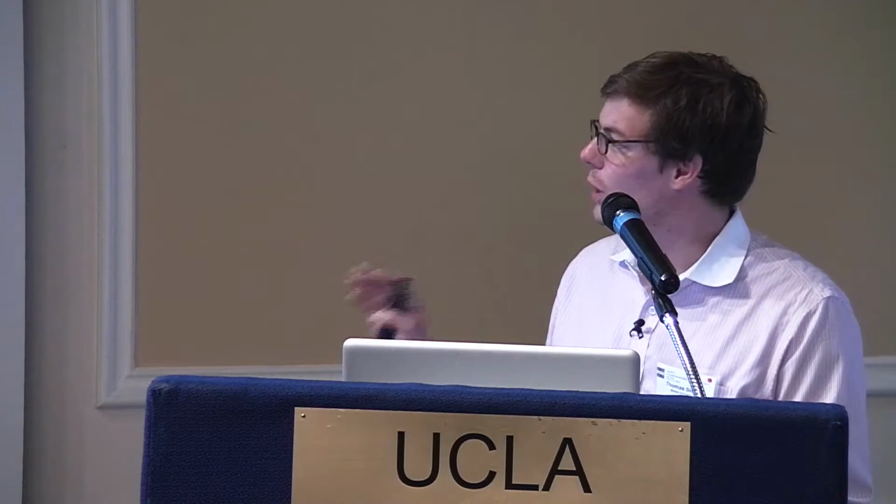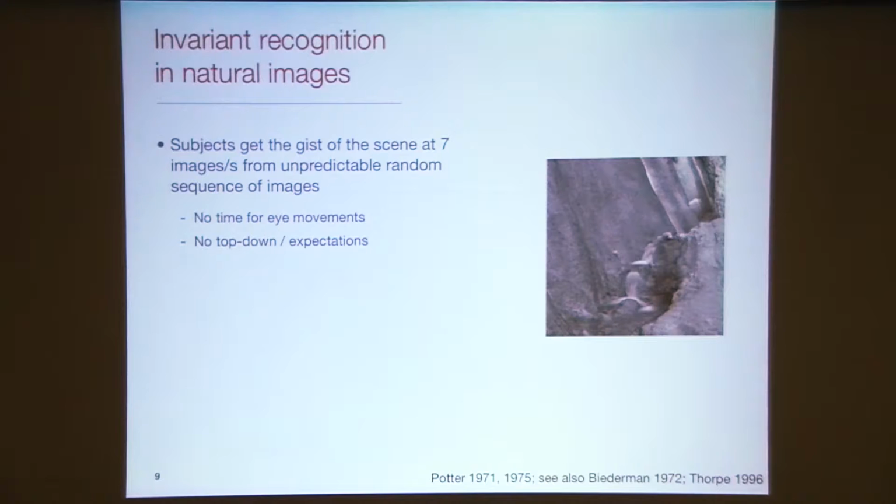So I'm actually going to test you on this task. If you were in the lab, there would be discrete trials where an image is flashed, and then you would have to release a button to indicate the presence of an animal. This is called a go, no-go task. Here I'm going to ask you to simply clap your hands whenever you see an animal. Okay? So it's going to be a little bit faster than what you would see in the lab, but I think most of you should be able to do the task. So are you guys ready? All right, let's go.